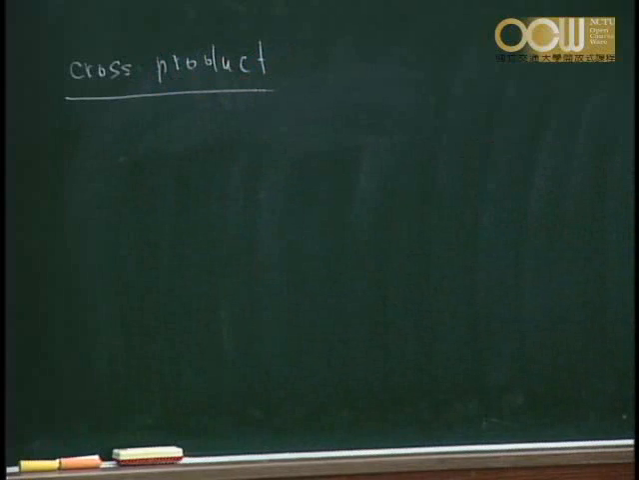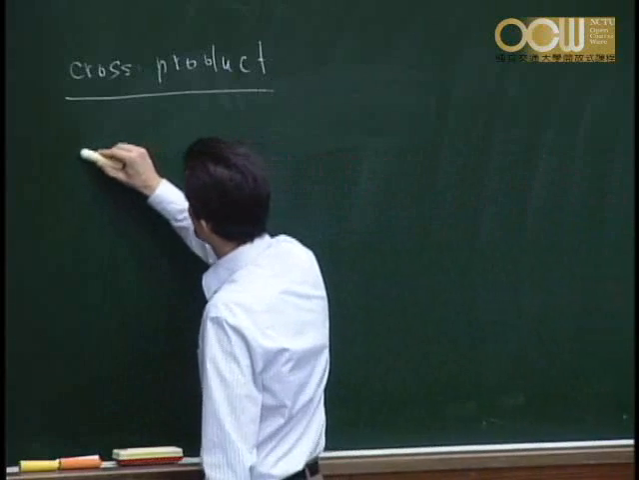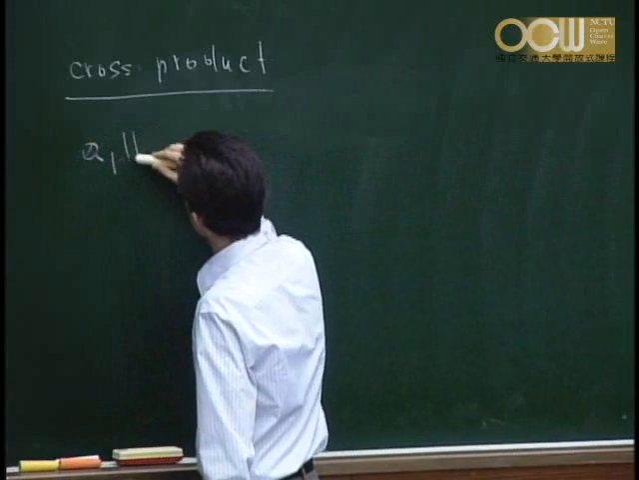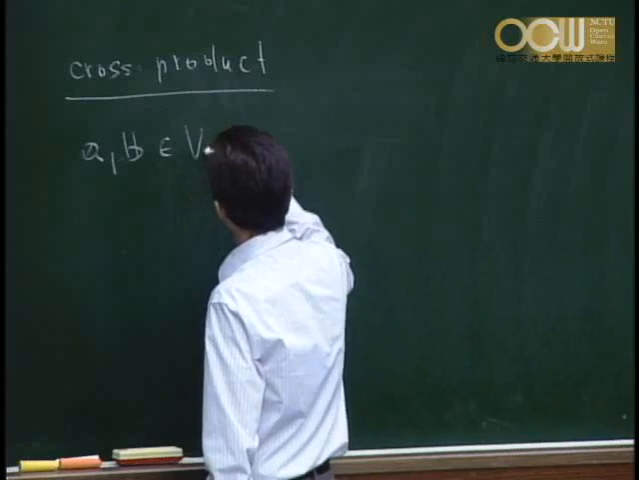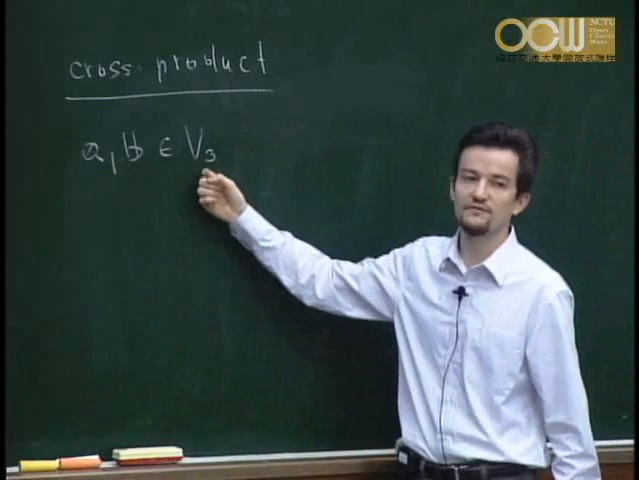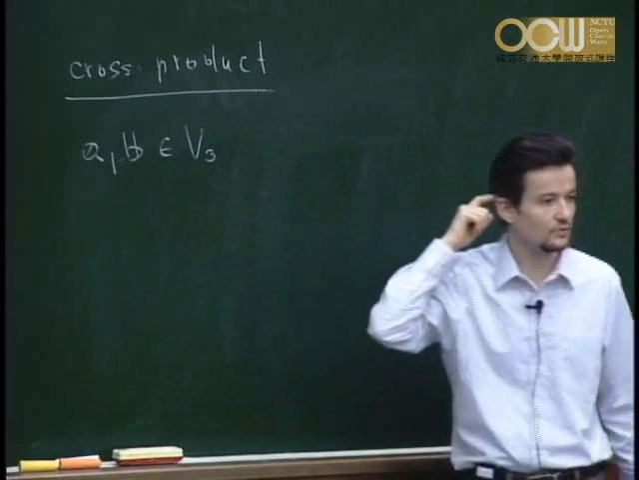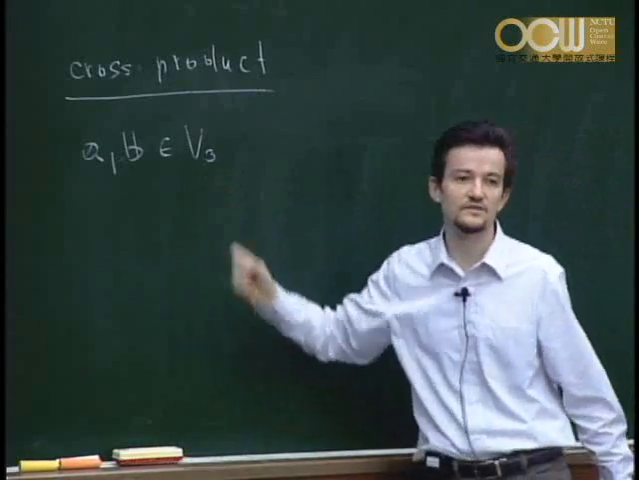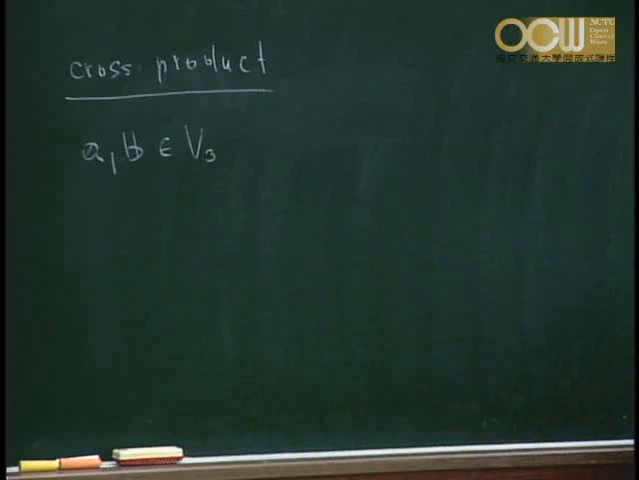Okay, so there are actually 2 different ways to define the cross product. Last time I used the following definition. We have 2 vectors in the 3-dimensional vector space. I just want to once more emphasize this notation which is used in our textbook. V3 denotes the 3-dimensional vector space. You can more or less think about it as